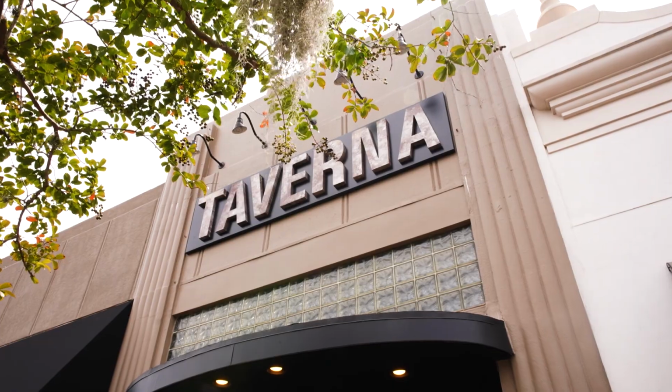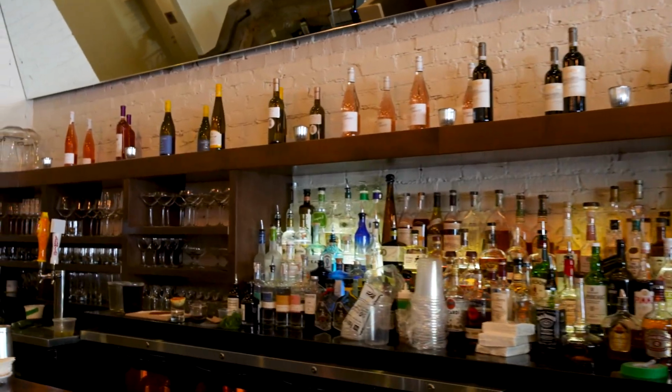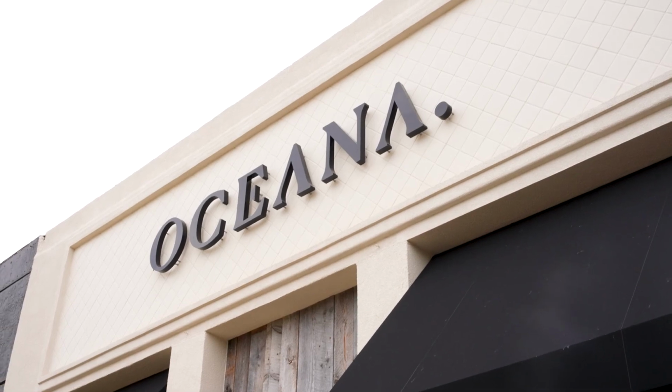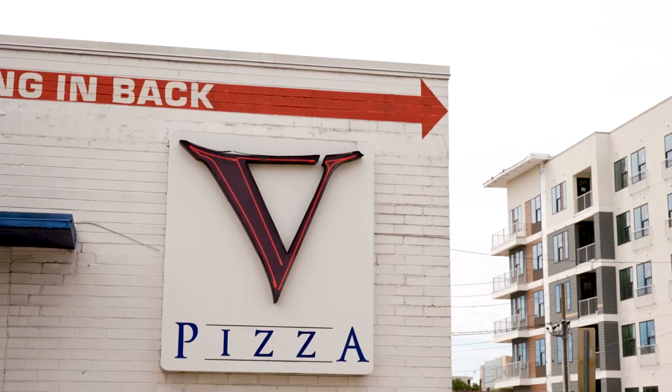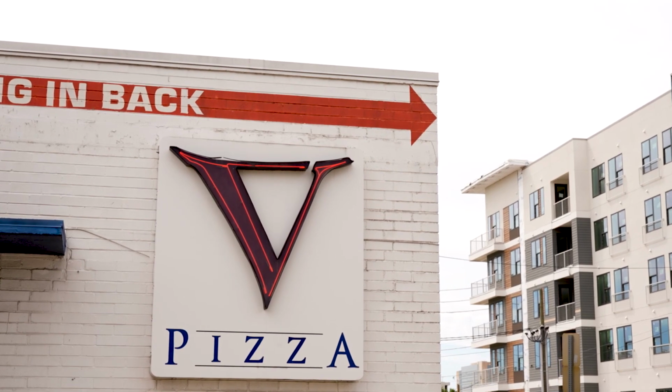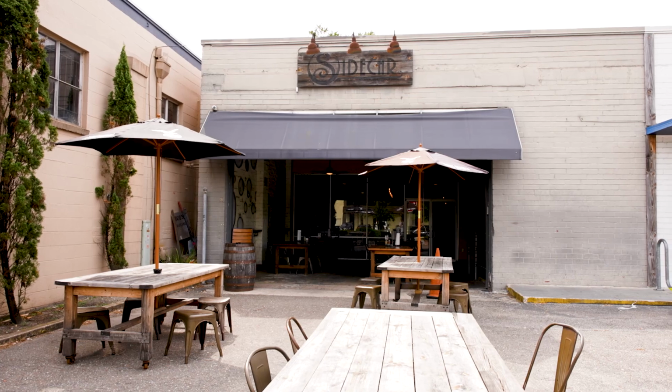Personally, one of our favorites is Taverna. Taverna is a great place to stop for lunch or dinner to enjoy a modern interpretation of classic recipes. Or if you're feeling like seafood, you can also go next door to Oceana for some amazing oysters. Another great spot here in the neighborhood is V Pizza. Here you will find Sidecar, which is a really fun place to stop in and have a drink with your